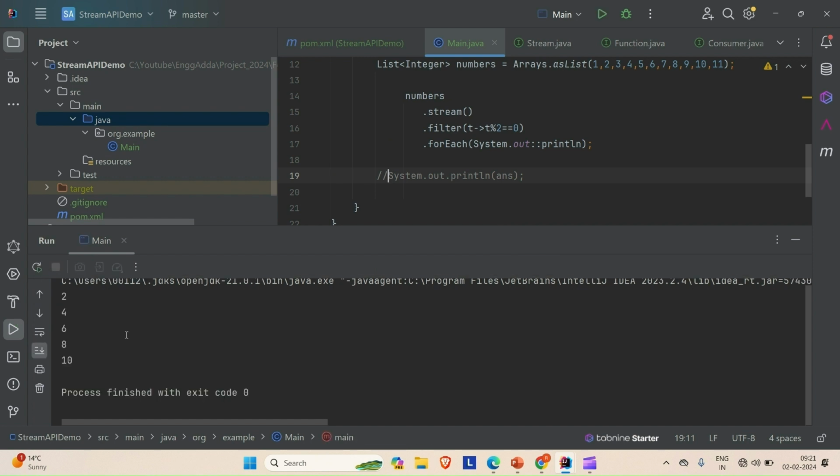So here you can see that we are getting 2, 4, 6, 8 and 10. If you sum all of them, what would be the sum? 2 and 4, 6, 6 and 6, 12, and 8, 20, and then 10, 30. So the result would be 30, right? Now let me try to